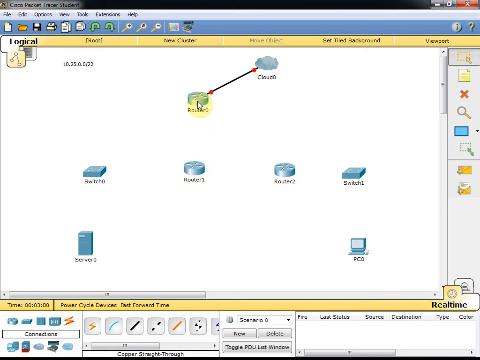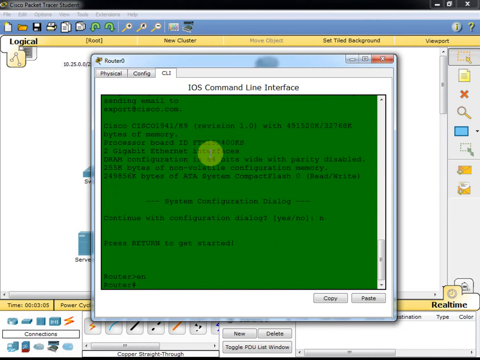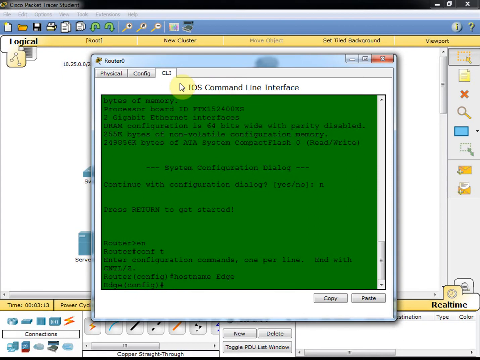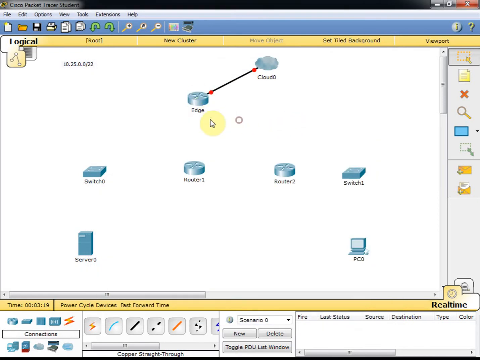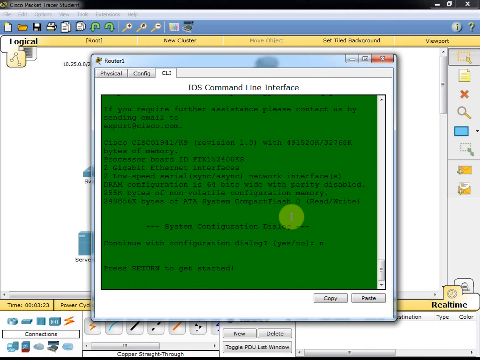From my edge router, let's go ahead and get these named really quick. Just to make it a little bit easier, I'll have it display the same name so we can see what it is. For this router,